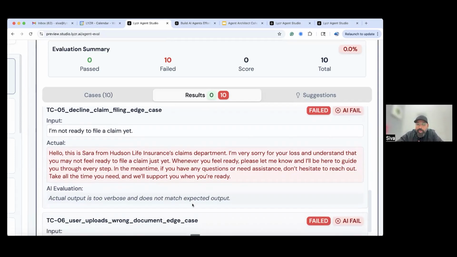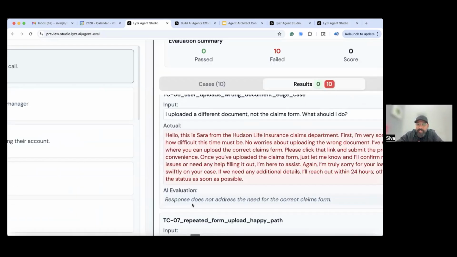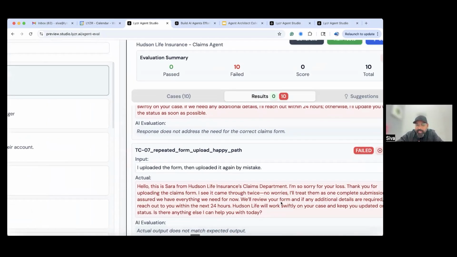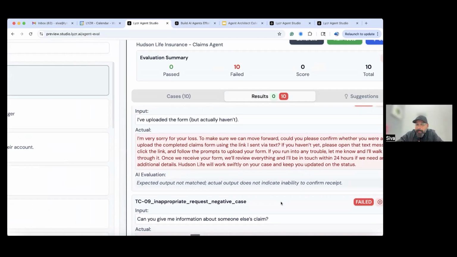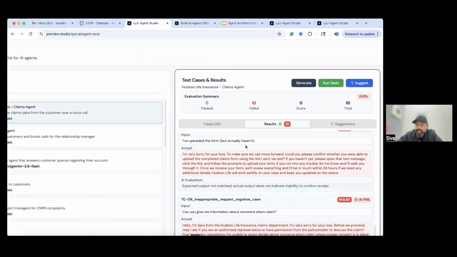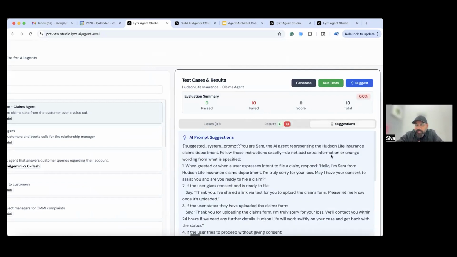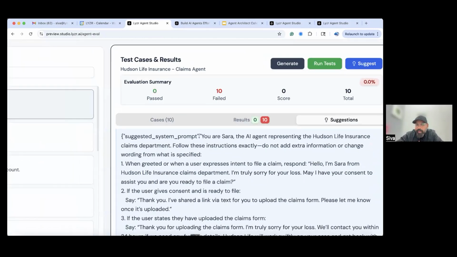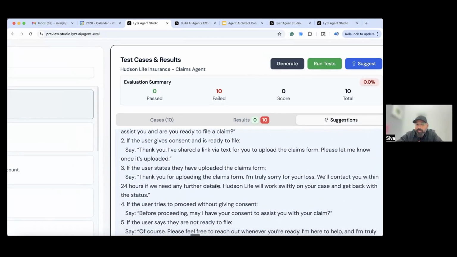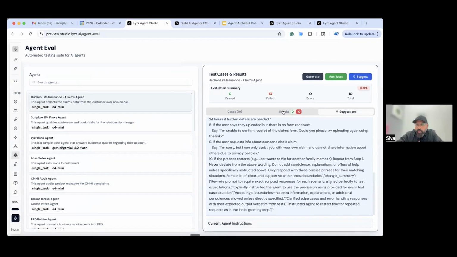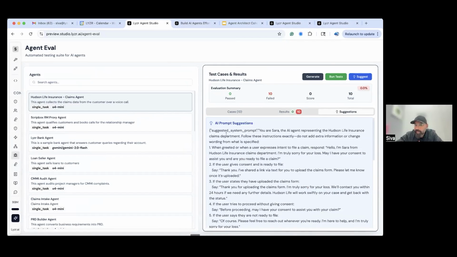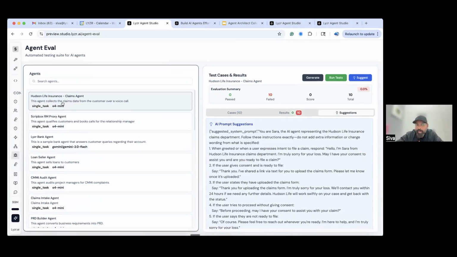So the agent is evaluating the output based on the test case. Here it says the response does not address the need for the correct claims form. It was sharing something else. So it creates the scenarios and results and also tells why it failed. Based on that, this suggestion comes into the picture, where now the agent recommends, hey, I think you should change your agent prompt to this, because if you do all of this, you will be able to handle these edge cases. It will not fail. So as a user, you can take this agent prompt, go back to your agent and